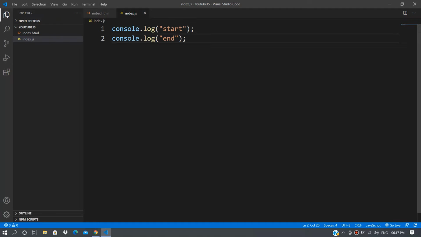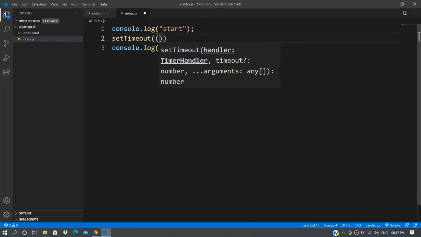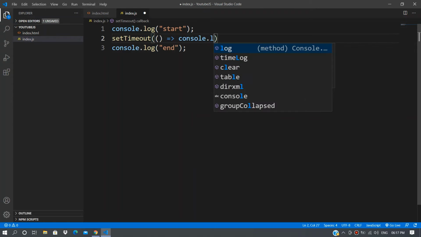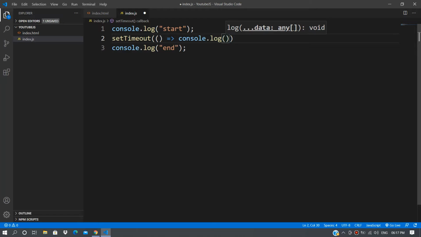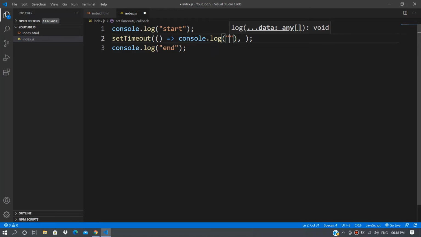Now our timeout function, setTimeout, we will pass the callback here, console.log. If you don't know about callbacks and promises, don't worry, I will post all the videos. Firstly I will post all the videos related to asynchronous JavaScript, and then we'll cover the whole course. So let's start with the timer